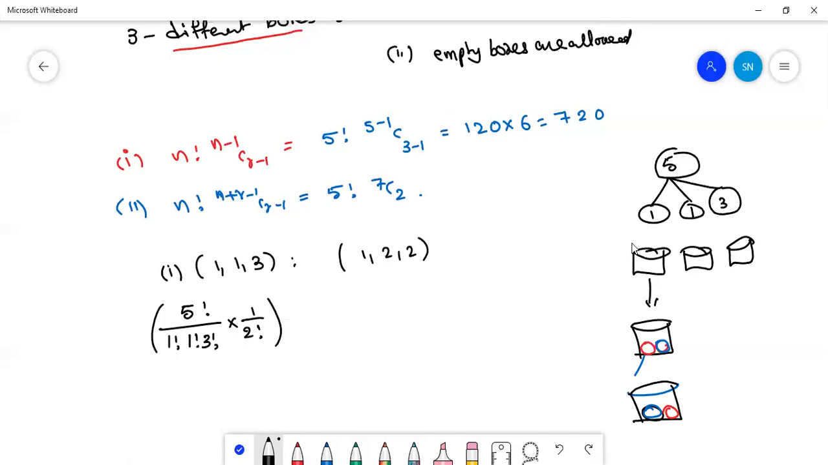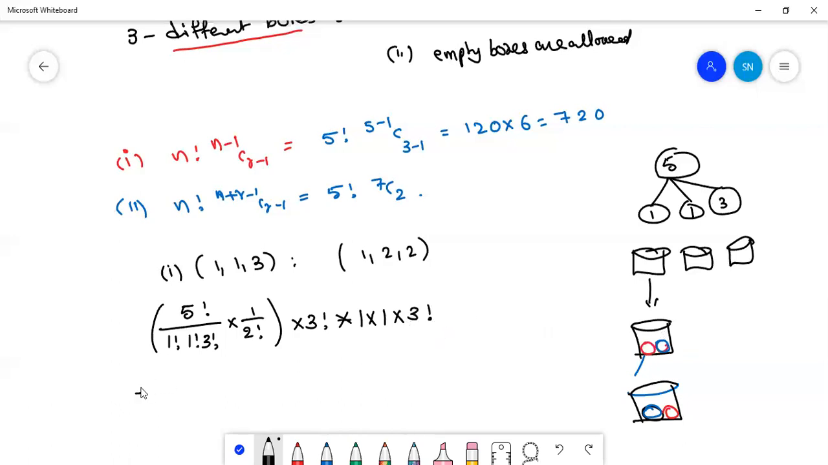Grouping is done. When grouping is done, now we need to arrange these groups into the boxes. We need to select the box to keep these groups. So that can be done in 3 factorial ways. Till here we did it. Now afterwards, these balls must be arranged in the boxes. So the first box will get only one ball, so that is only one way. Second box also one ball. Coming to the third box, we have three balls, so the three balls can be arranged among themselves. That is 3 factorial